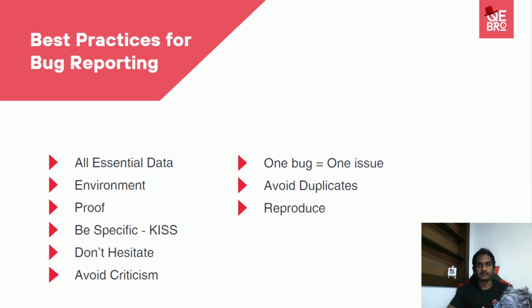And again, when reporting these bugs, we need to make sure that we put in the specific details. I mentioned that we need to put all the essential data, but in that case, all unnecessary data shouldn't be there. So we say it like KISS. KISS means keep it stupid simple. So when you report the bug, you need to make sure all the specific essential data is there